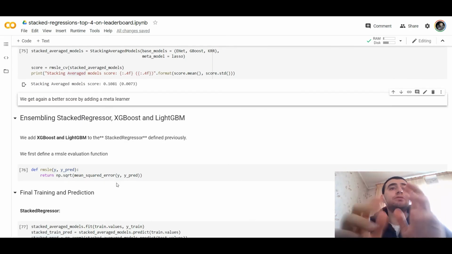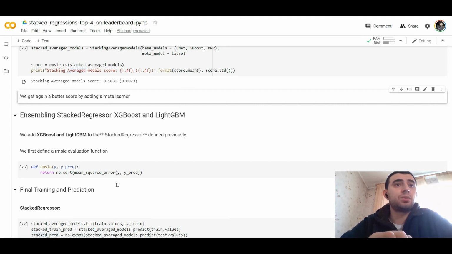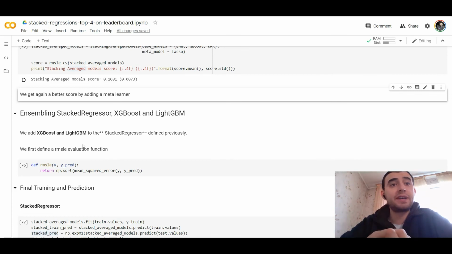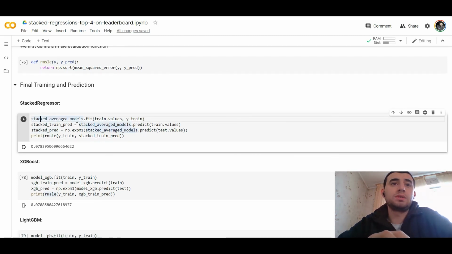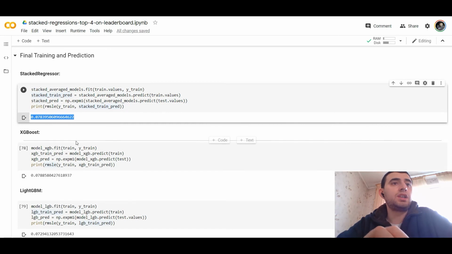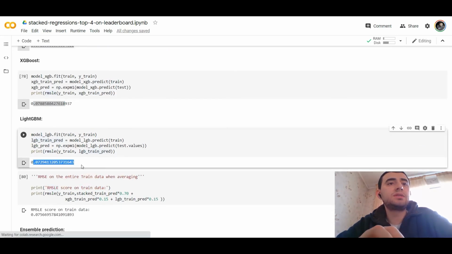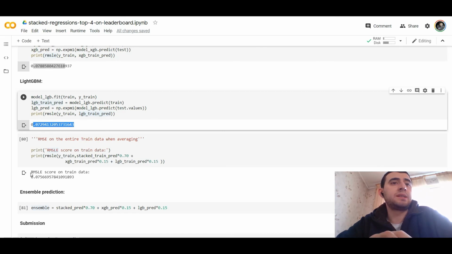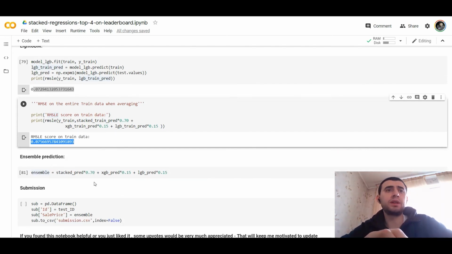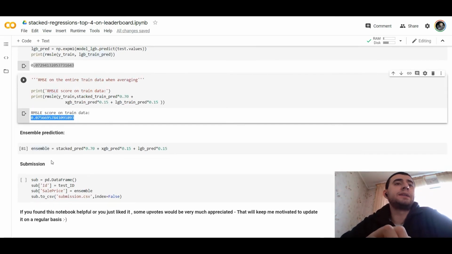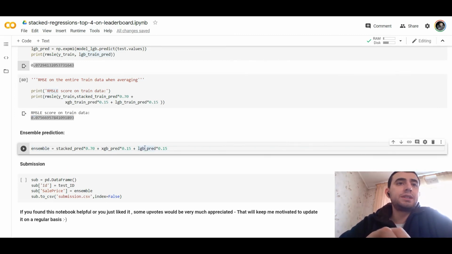And let's ensemble a stacked regressor, XGBoost and LightGBM. So we would add XGBoost and LightGBM to the stacked regressor defined previously. So the stacked regressor, stacked averaged models, and the prediction. And here is the score. XGBoost and the prediction, here is the score, and LGBM, here's the score, and RMSLE score on train data, here it is. So it's better than on our base models and even on our ensemble models. So on the final ensemble prediction, we would take the stack predictor, XGBoost predictor, and the LightGBM predictor, and submit